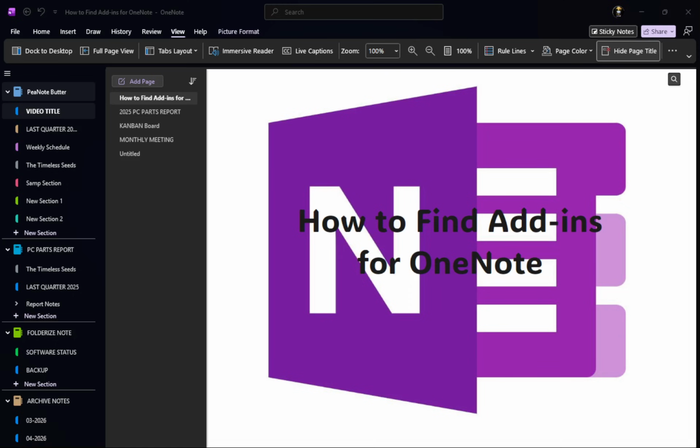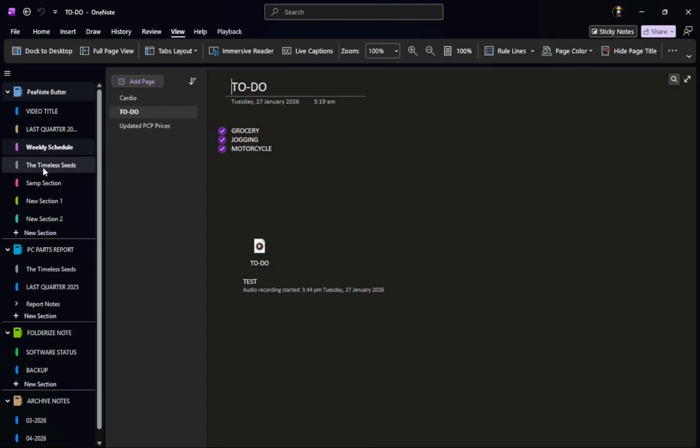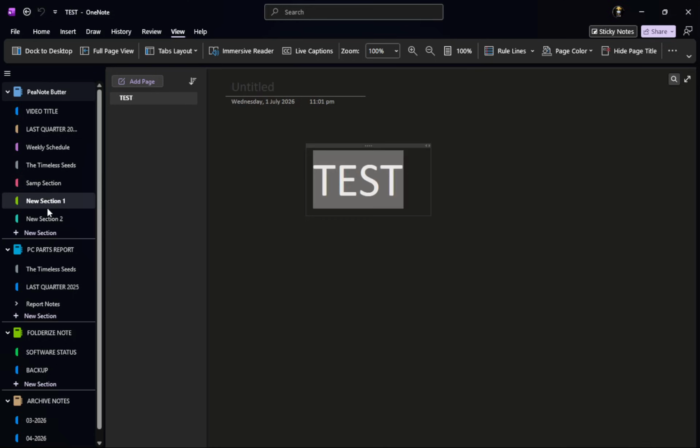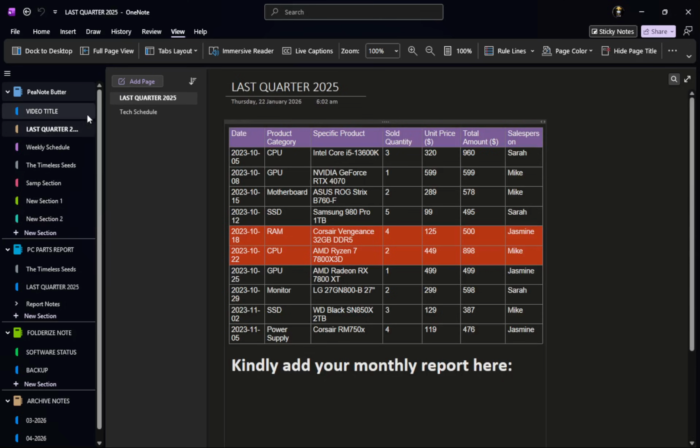Let's dive right in. First, if you are using OneNote on Windows, start by opening the application. As it loads, you will see your notebooks displayed. This is your workspace where all your notes and projects reside. Opening OneNote is crucial because it sets the stage for the next actions you will take. Once you are in the application, you'll be ready to explore the options available to you.